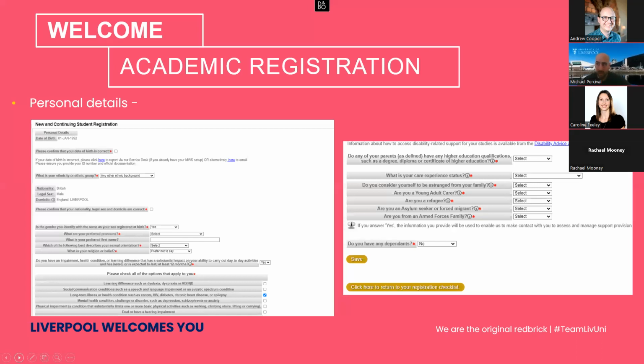Your date of birth at the top is pre-populated. It's just showing that that's correct, and the one that you've given at the time of asking to join the University of Liverpool. If that's incorrect, again, just click on those buttons and that will take you through to further support. You'll then work through a number of personal